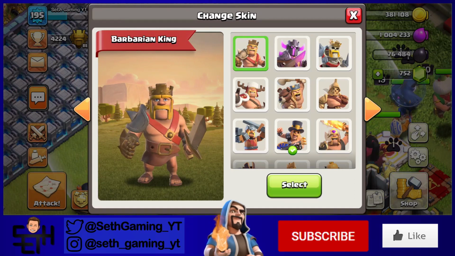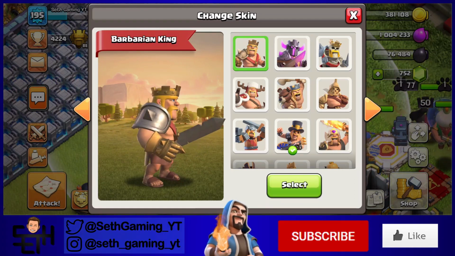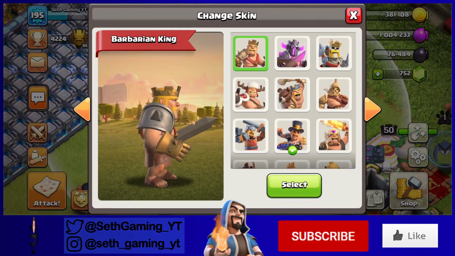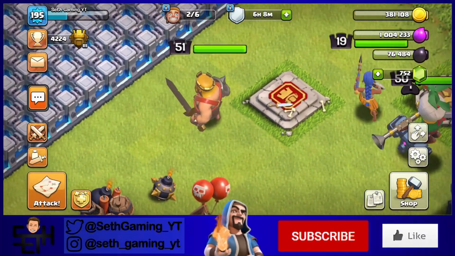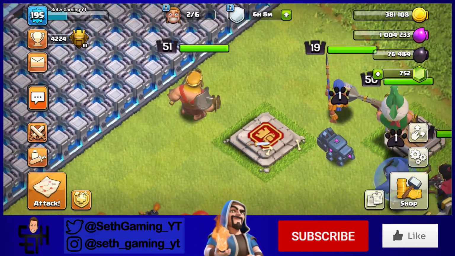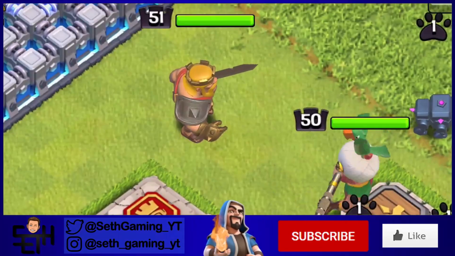They're going to be remodeling the Queen, and I don't think the Warden or the Royal Champion will be getting remodeled. Royal Champion is new, and the Grand Warden recently got remodeled a couple years ago. But the Barbarian King, I'm not a huge fan of the remodel. The thing that I do like are the bright colors. Before it was kind of dull, as I said in my Barbarian King skin ranking video,